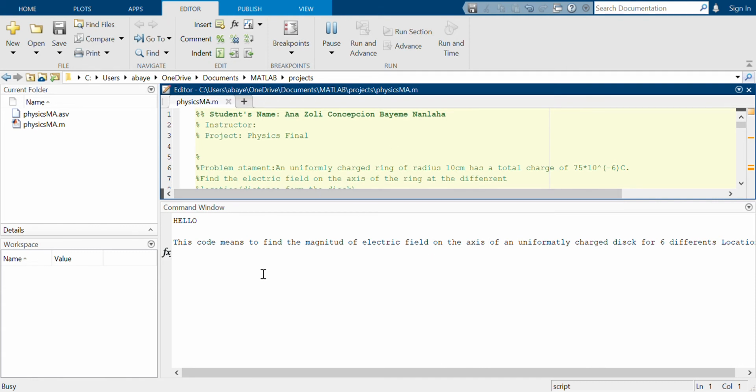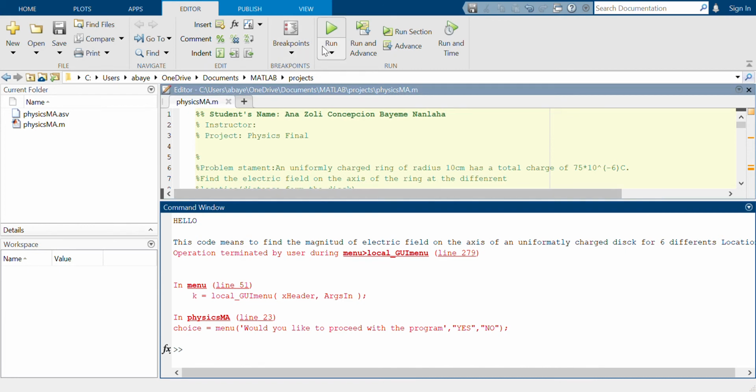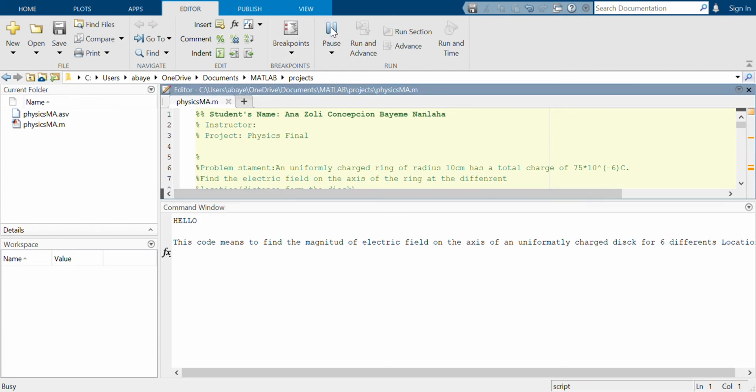I'm gonna kill the code and start again. Let's kill it. Okay, and I'm gonna run it again. I'm going to start again, run. So the first line here, you can see